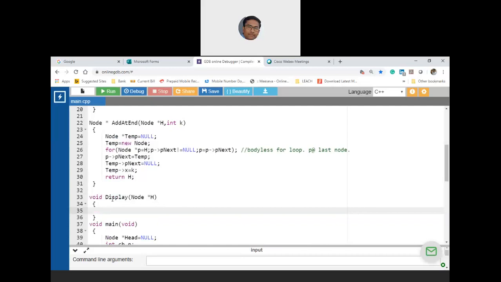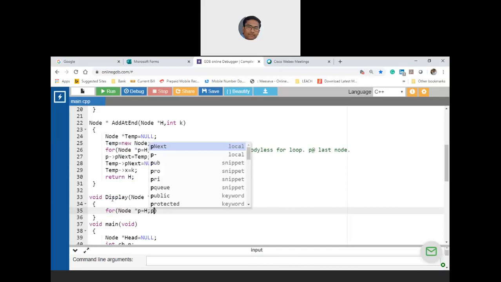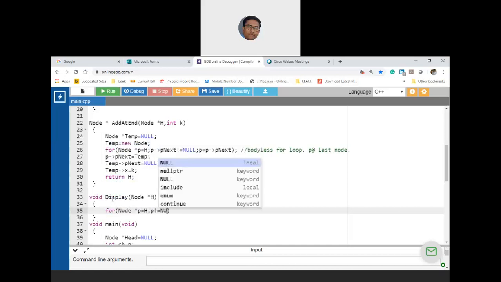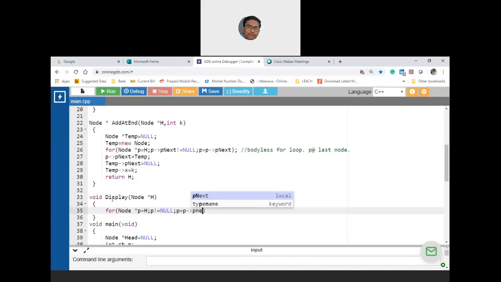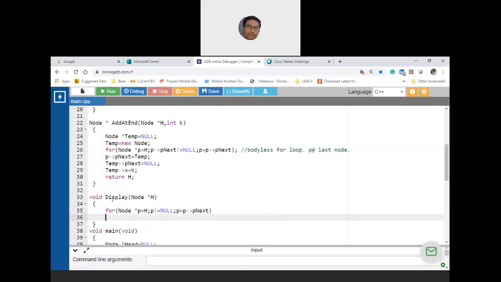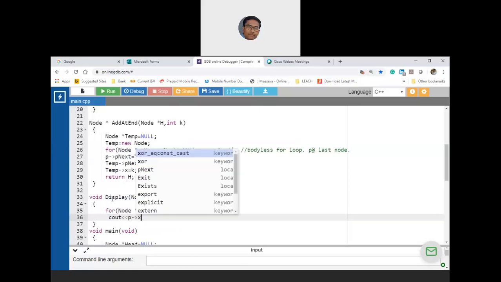What has to be done? You should not corrupt h. So that means for node star p, which is pointing to h, until p itself is not null, you have to move p with p arrow pointer to next node, such that you have to print p arrow x.